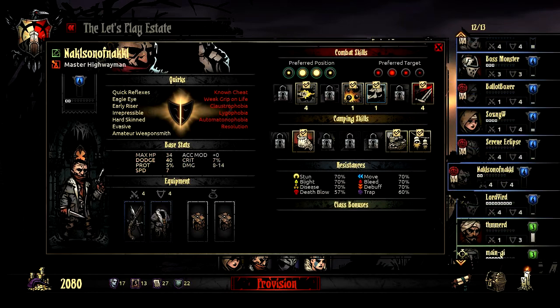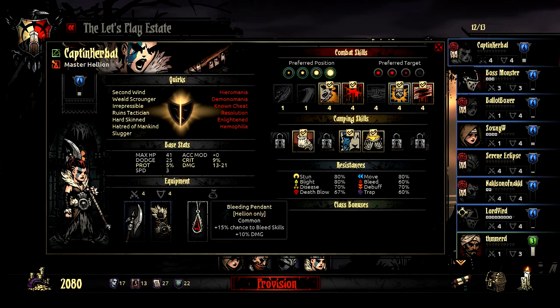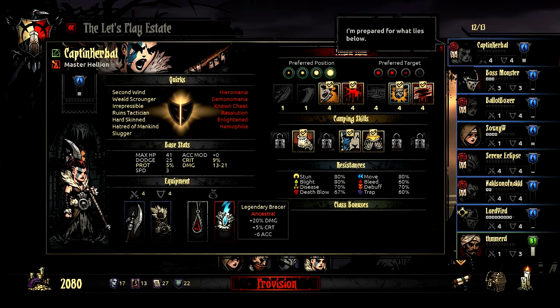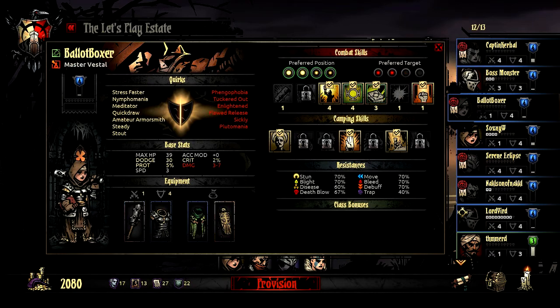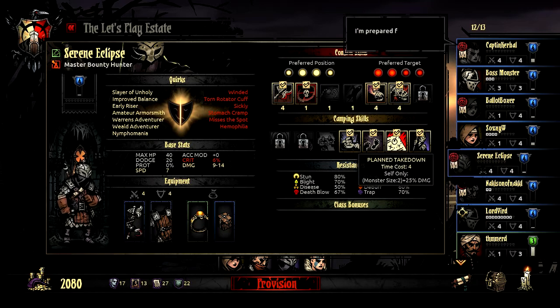Alright, we're going in a similar approach as last time. So, Kerbal has a one bleed skill to help her with those, and then damage and crit. Everything she needs there. Ballot has her defensive items, so bonus to protection and dodge at the cost of accuracy and damage, the usual. Serene has the Sun Ring, so we want to keep our torches up. And the Berserk Charm for bonus speed and damage. Also, Serene... Let's see. Serene has the... Yeah, planned takedown. So Serene and Kerbal will have bonus damage against large enemies, which...